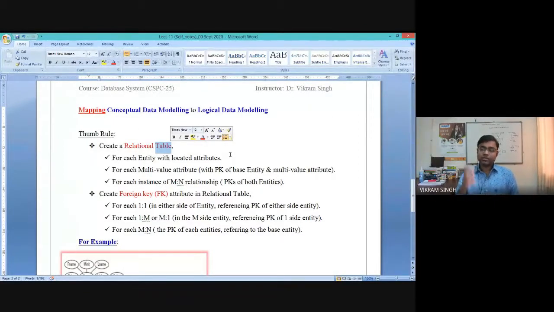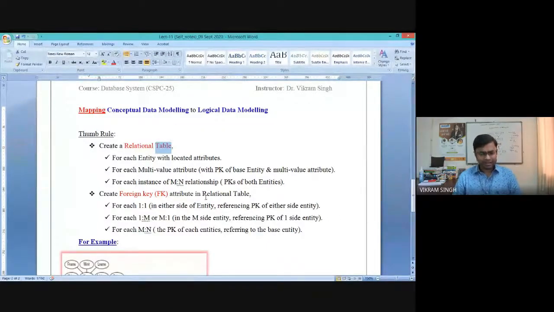attribute which could act as a foreign key, right? And which could control the values in the other table. Because now two entities are mapped into two tables, you have to place an attribute on the second table to maintain this relationship, right? So that is why it is sometimes called a reference key. A foreign key is also called a reference key or referential integrity, right?